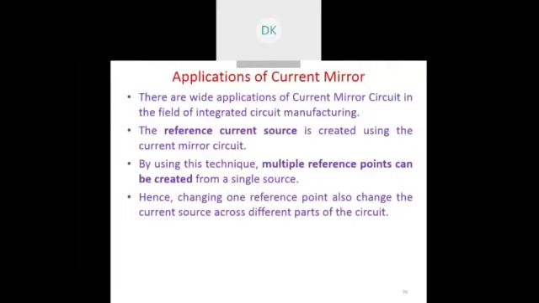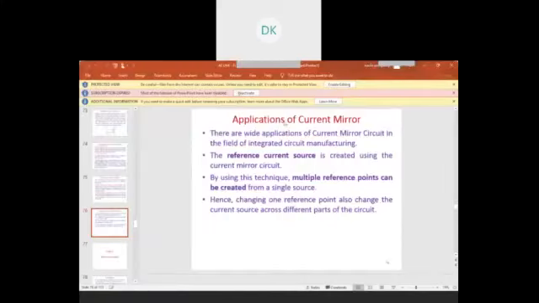So generally we have seen what is meant by the current mirror method, and what components are used for it. Generally we go for BJT and diode. There are two variants of the current mirror method: the first variant, and the second one, the Wilson current mirror method. There are three characteristics of a current mirror, and two limitations of a current mirror. Then finally we came to the applications of a current mirror.